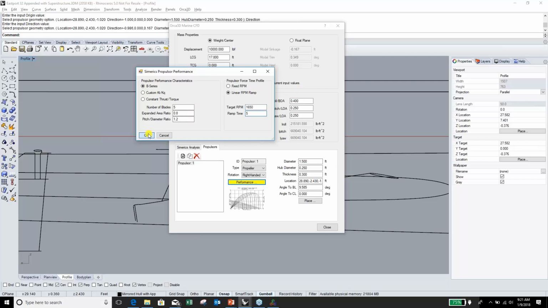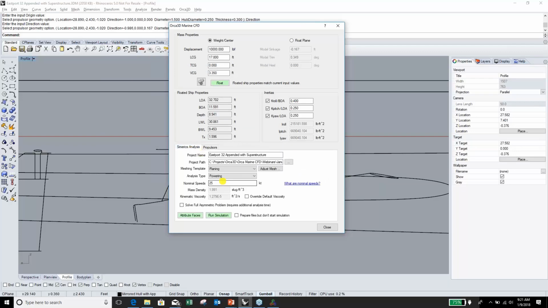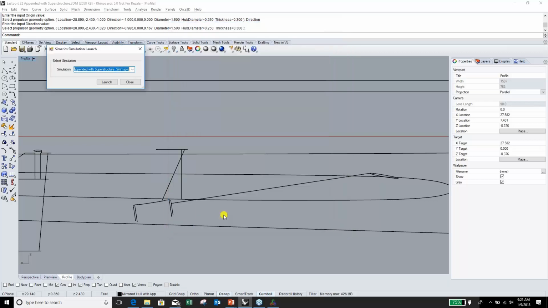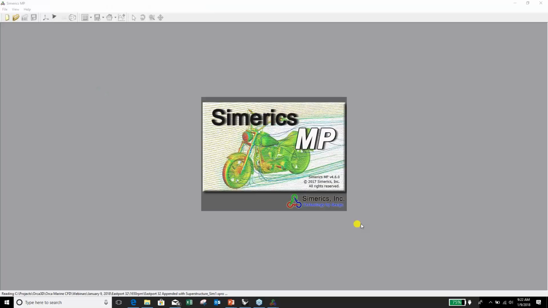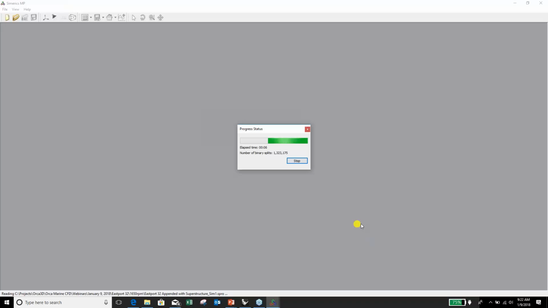Okay, once you've defined that, that's all there is. The rest of the simulation input stays the same, and all you would need to do there is click the Run Simulation button, and you'll get a new simulation created for you. It's going to go through the automatic meshing process, just like it did last time. Everything will be the same, except the one thing that'll be new in the simulation is it'll have a